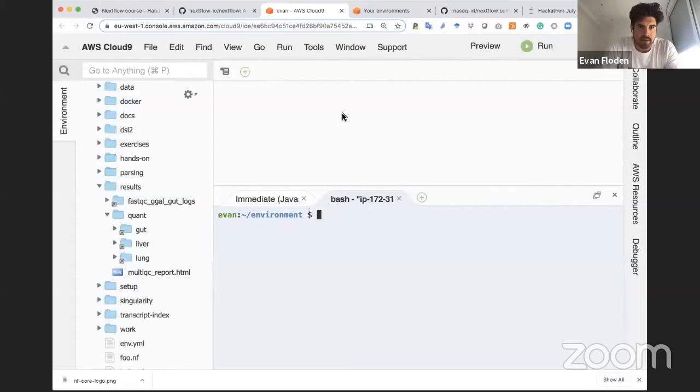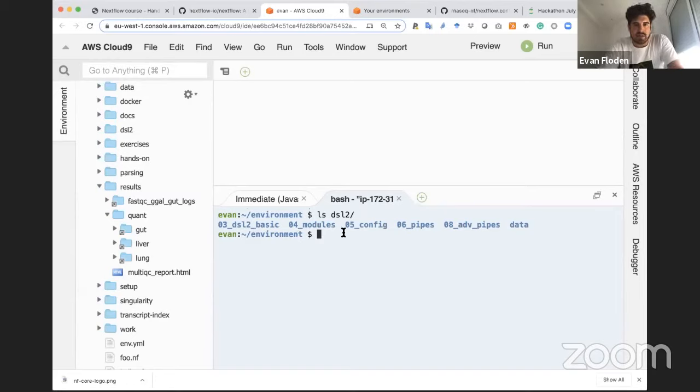I'm just going to share my screen now and go over very quickly a couple of things to finish off and to keep you busy if you're hungry for more exercises to go through. So the first thing I want to make note of is that inside the environment we have here, we have this DSL2 folder. Inside here you can see some of the different aspects of DSL2. Each one of these has a description of what's happening, and you can go through and see a little bit more information